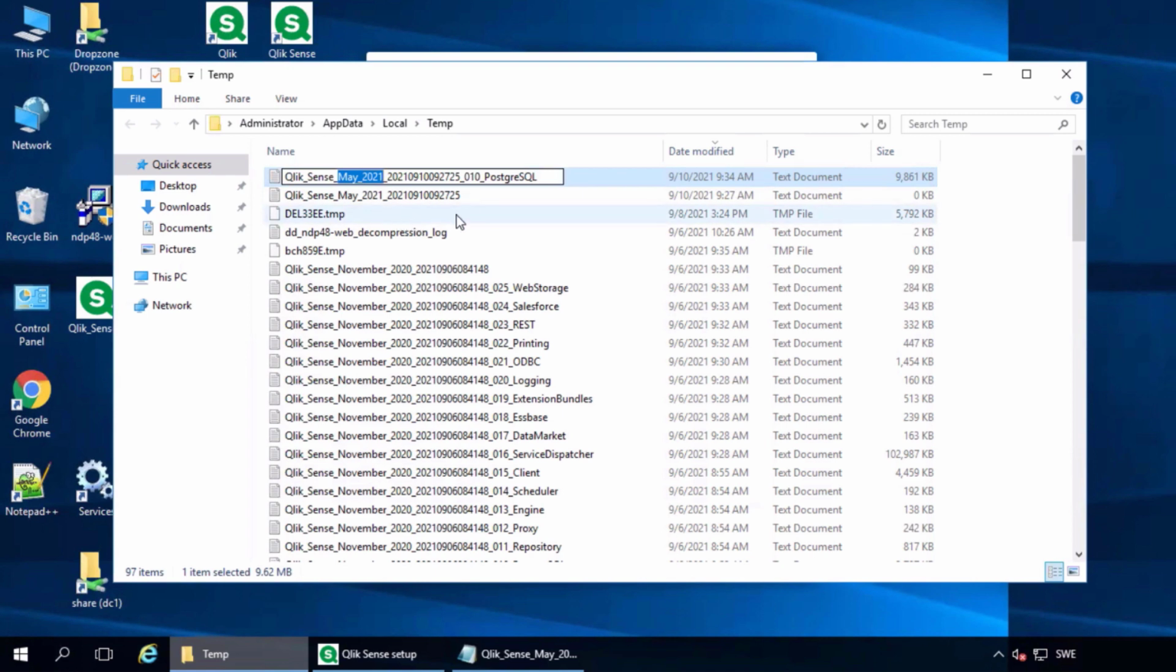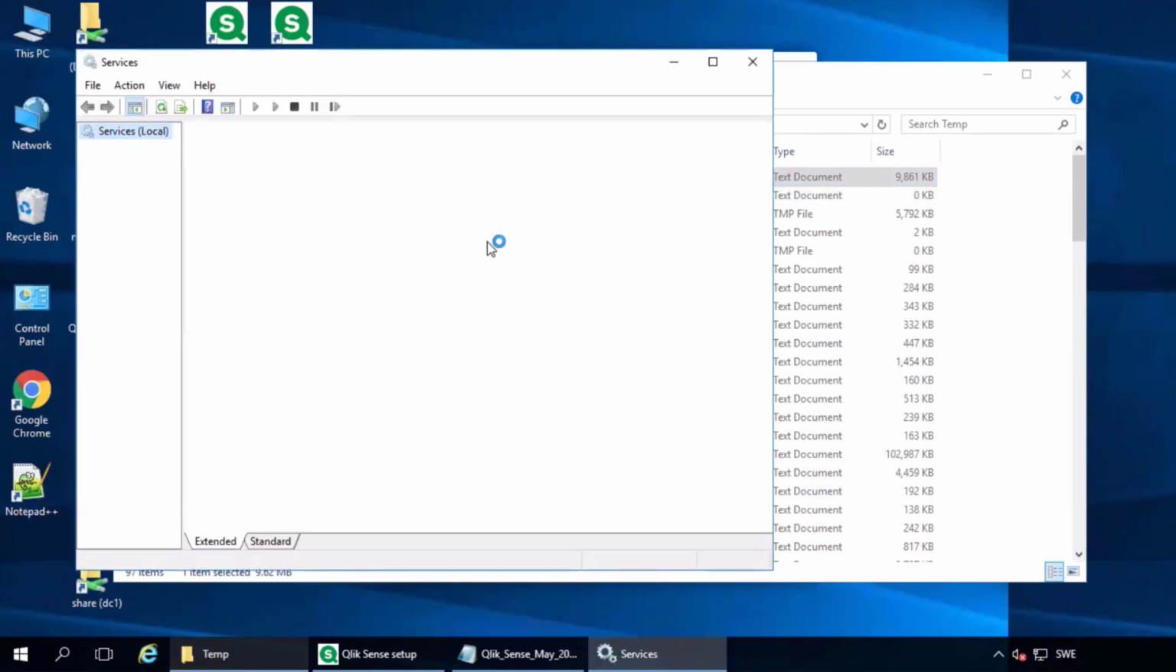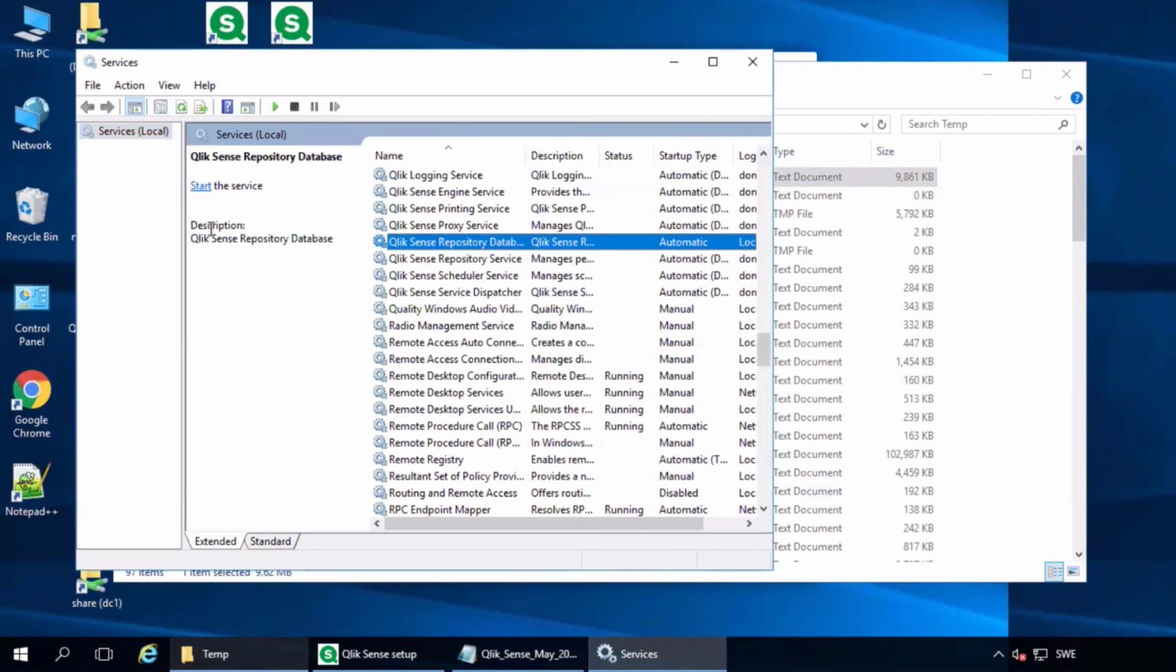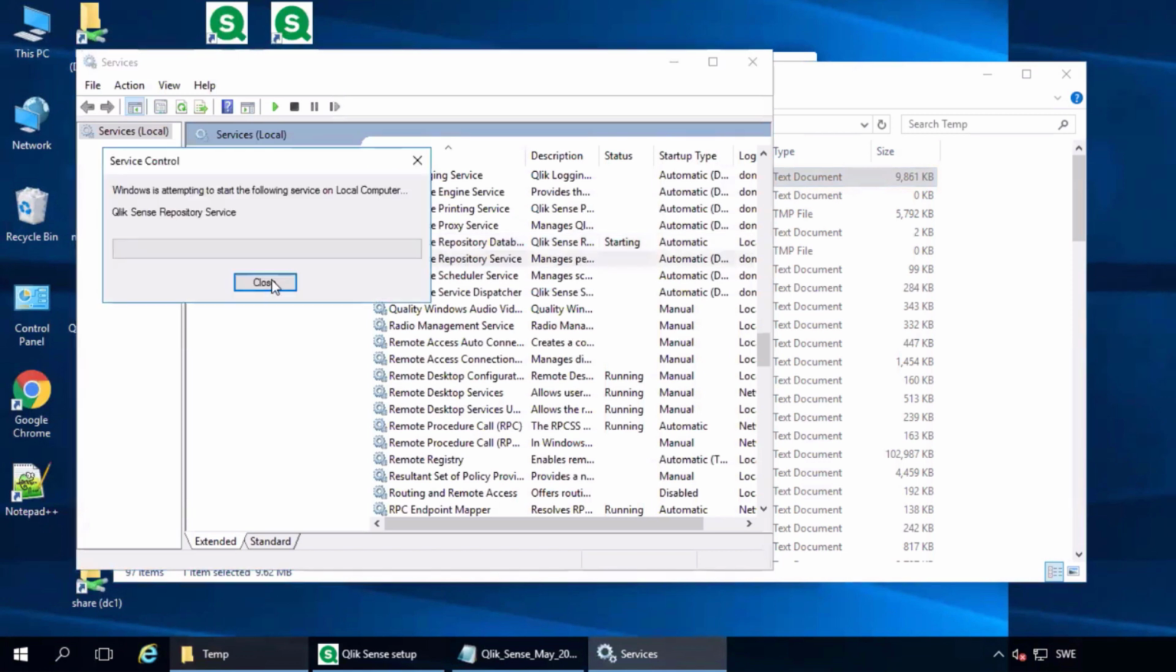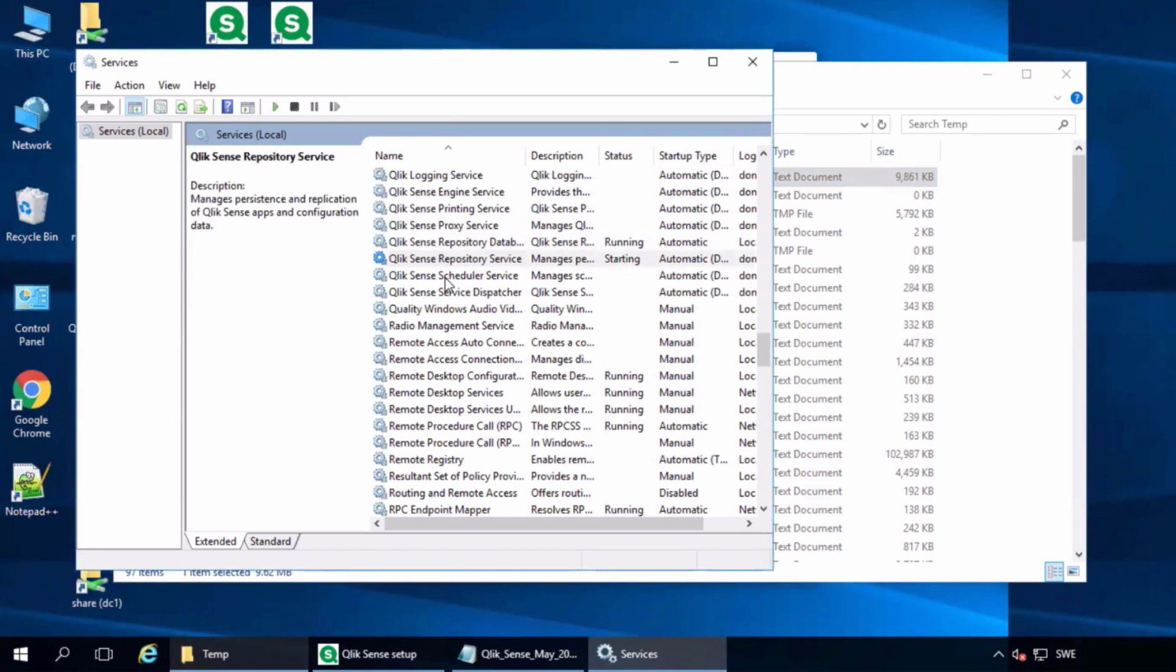Correct. Now, quick question. Since this upgrade failed, is the November 2020 still active and functioning on this system? Yes, in fact, we can take a look at the services here. So it didn't really affect the current installation. No, it didn't. The installer is built in a way that if there is any failure, it will roll back